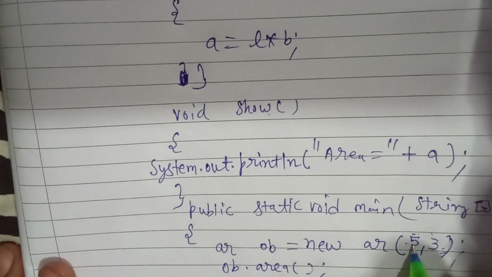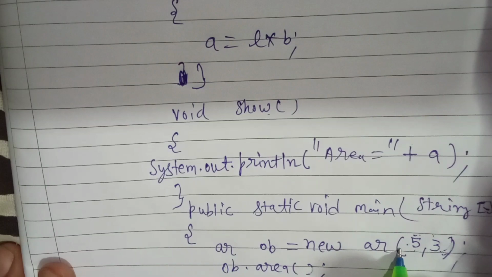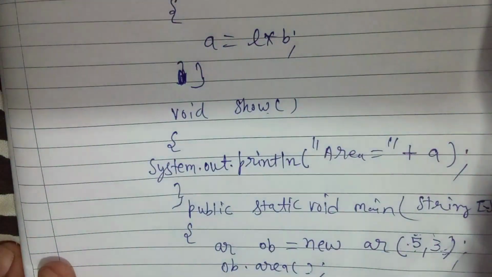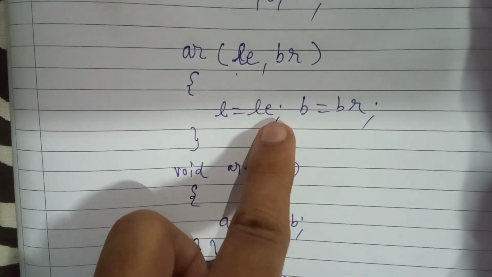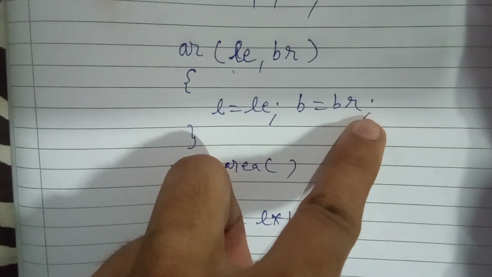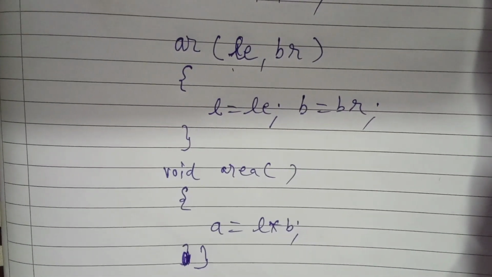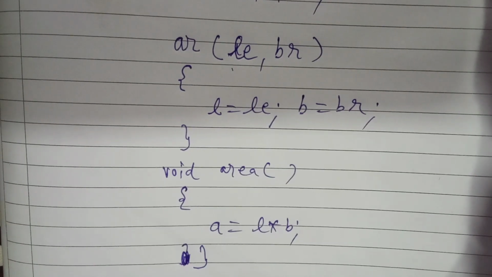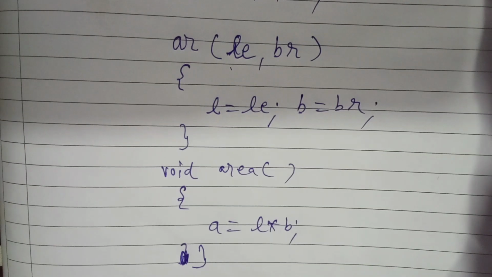Actually what happens when you create the object, these values which are provided by us while creating the object will be copied to the arguments here in the constructor. Then the values which have come as arguments will be copied to the data members. Data members are initialized. So basically what I wanted to explain is that the constructor is used to initialize the data members of a class, and it is done automatically when the object is created.